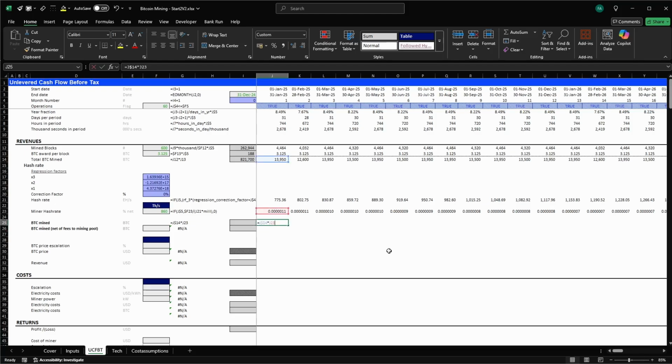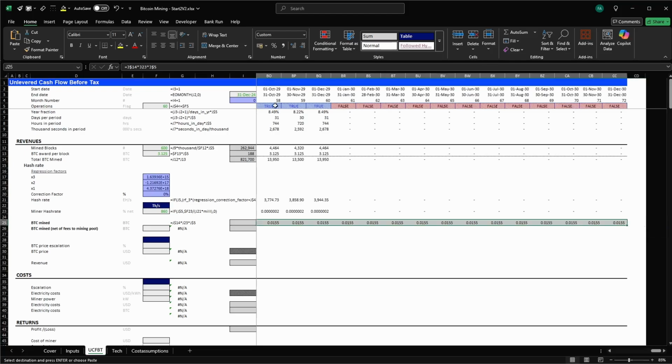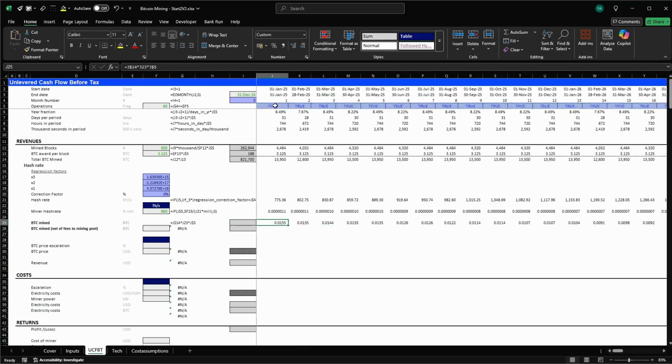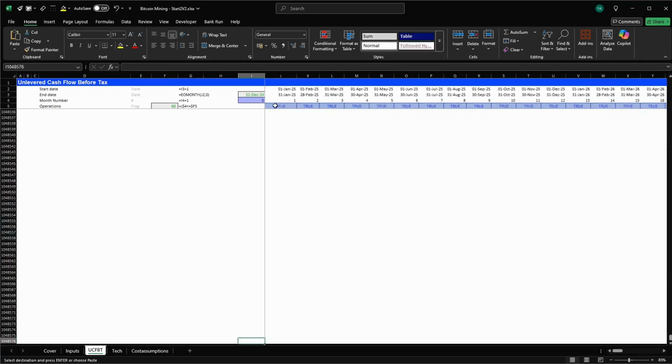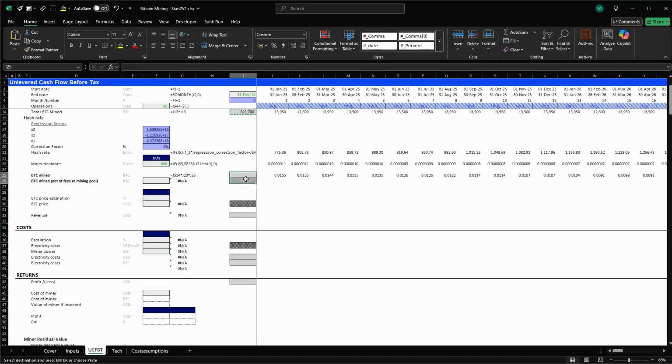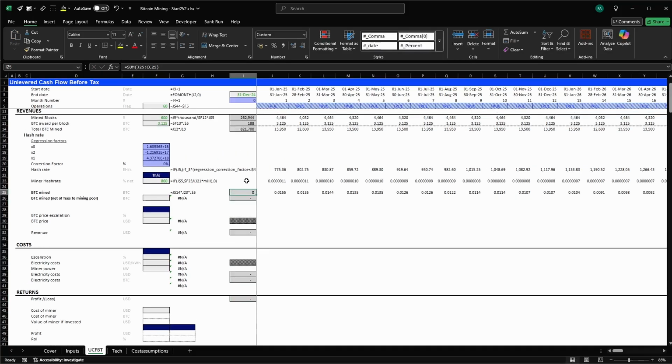I also want to multiply by the flag, copy and paste across, and here we go. So this is how much we mined. I want to paste here, here, here, and here. So we have all the numbers. I just want to make it a bit more visible. So we're going to be able to mine with this machine for the next 5 years or 6 months, 0.42